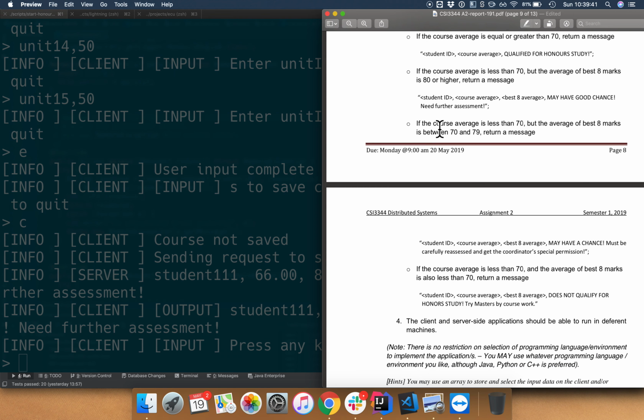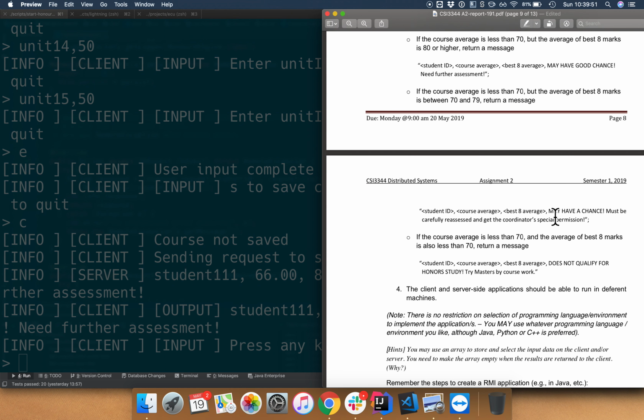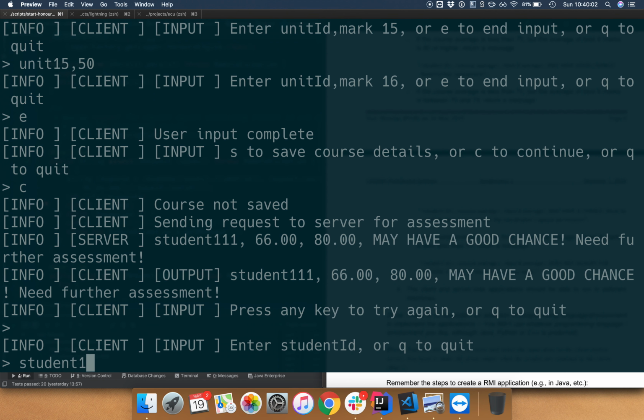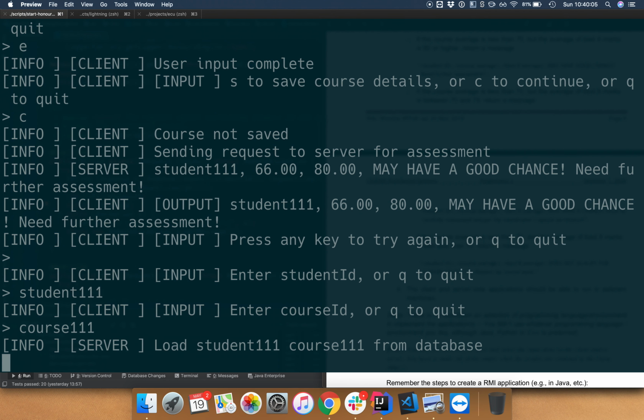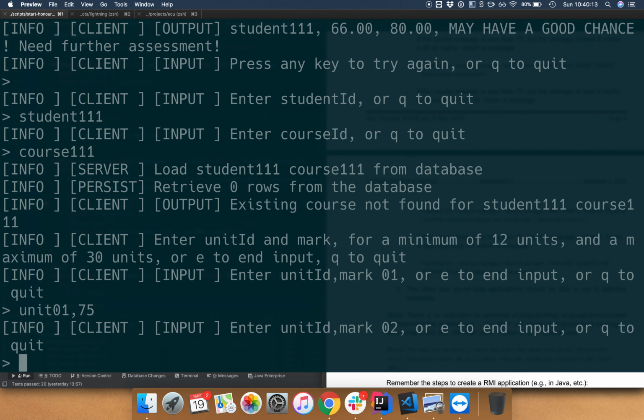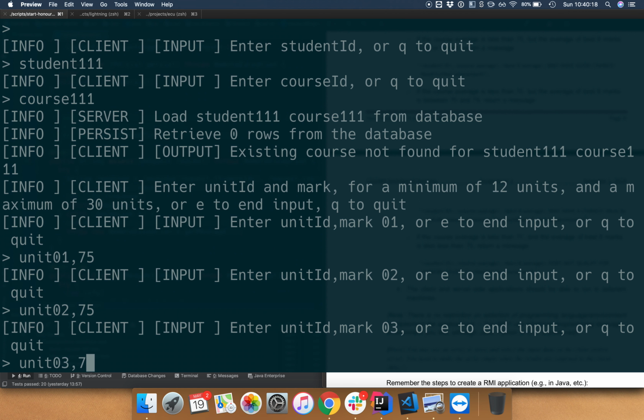But we need further assessment according to this rule. Right, so next rule: course average is less than 70, but average top 8 is between 70 and 79. We may have a chance, but we need to get special permission from the coordinator. So let's try and get to that state. So student 111, we shouldn't find any rows for this because we skipped the save step. There we go. So unit 1, let's go with 75, bang in the middle, unit 02, 75, unit 03, 75,